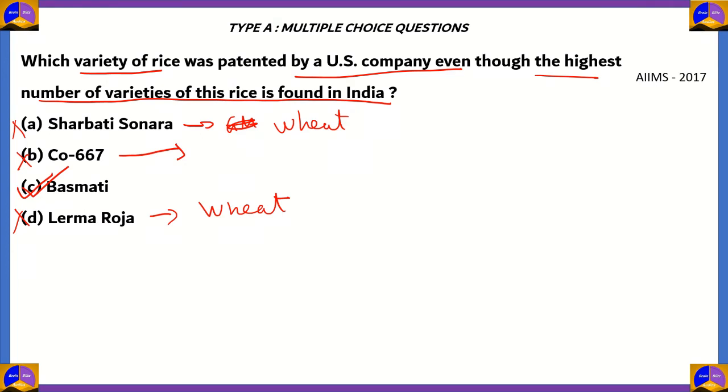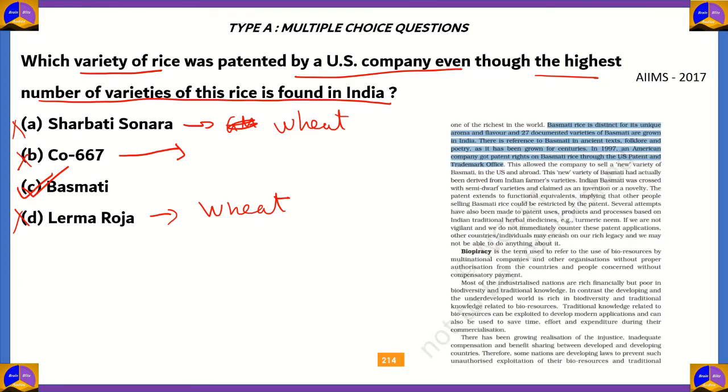In our textbook, the first thing that comes up is rice. Again, if you look at page 214 of our textbook, you can see that basmati rice is distinct for its unique aroma and flavor, and 27 documented varieties are grown in India. And in 1997, an American company got patent rights on basmati rice through the US Patent and Trademark Office by following some dwarf variety. So it was derived from Indian varieties, so there was a huge case of copyrights and patents. This is an example of biopiracy,